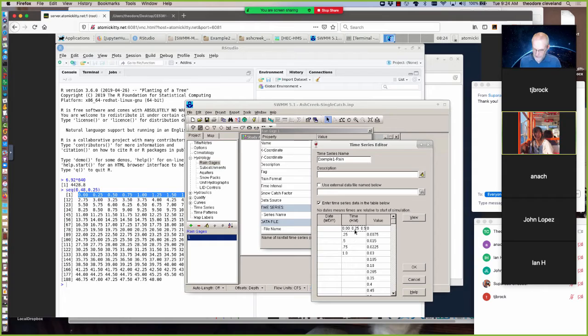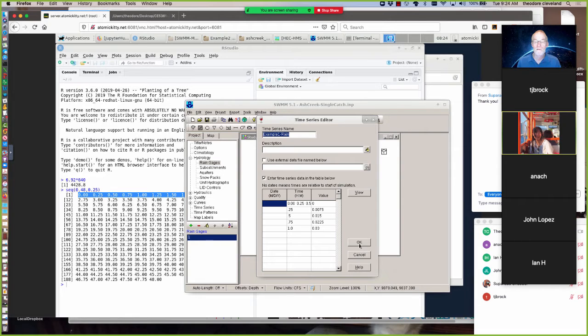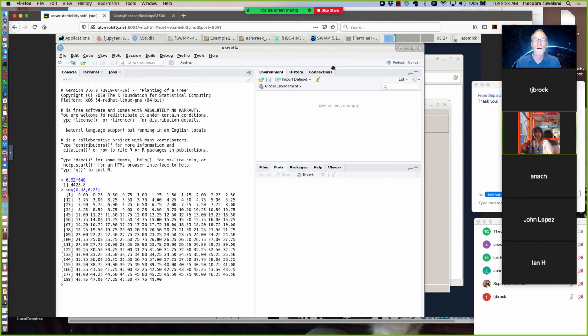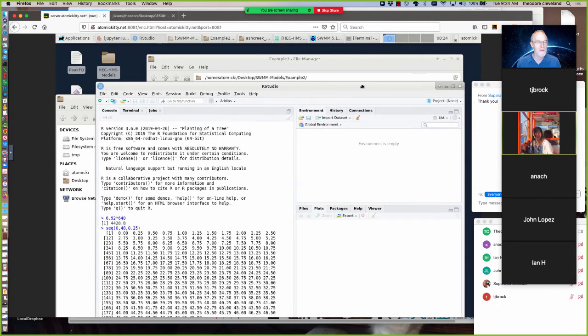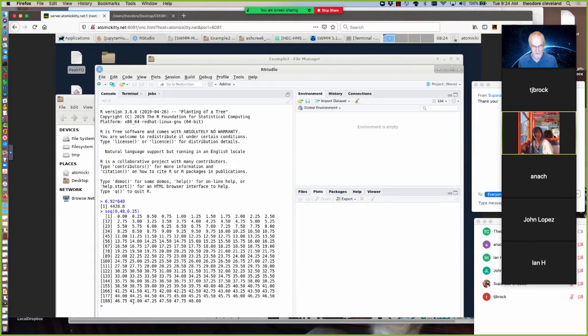It doesn't look right. So we have to prepare the data in such a way that we can put the two columns together. So let me see if I can do this first. I think if I do